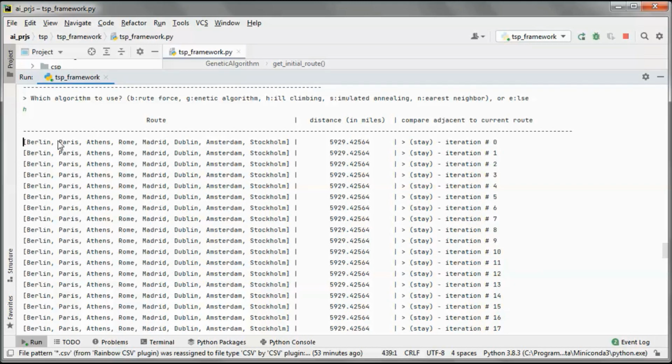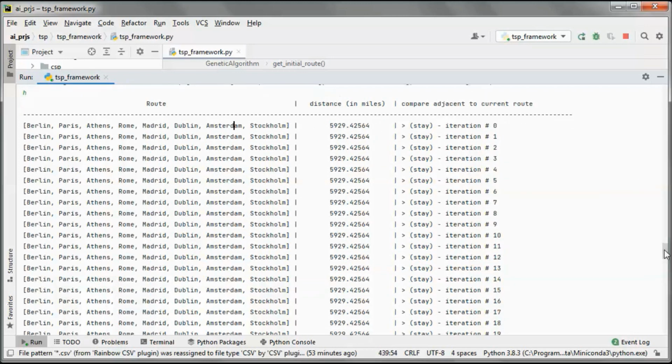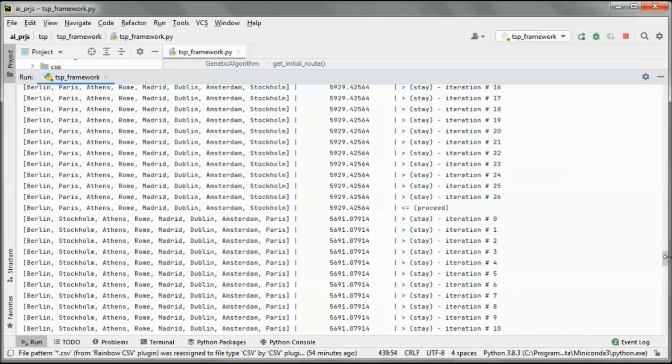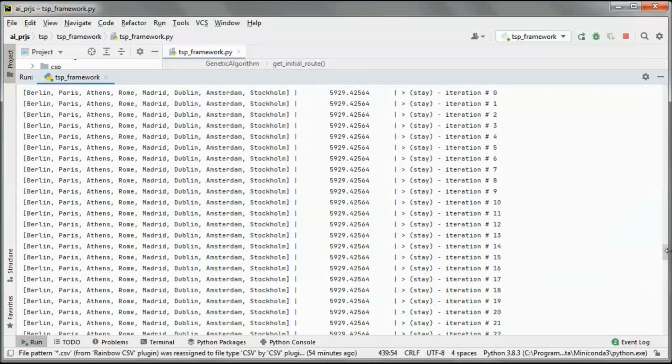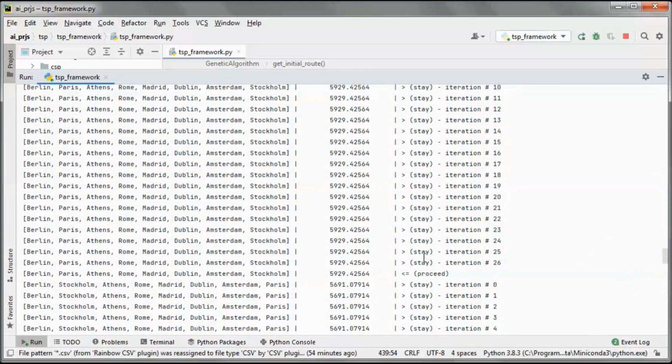So we started with this route having this distance in miles, and we compared it against the adjacent route, and this has a shorter distance, so we stayed, and we kept staying here for this number of iterations.